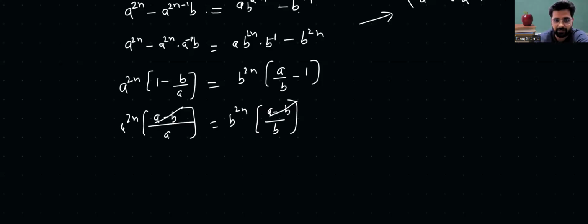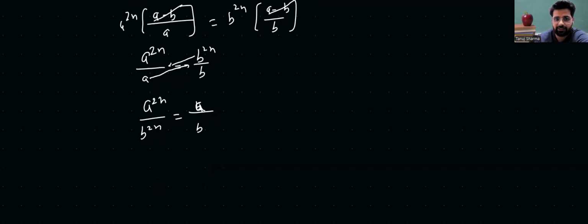So what do we have remaining now? a raised to power 2n by a is equal to b raised to power 2n by b. So I can also write this as a by b, because this a is in the denominator, so it can be transferred to the numerator, and this b is in the numerator, so it can be transferred to the denominator, by cross multiplication. So now I can say that a by b raised to power 2n